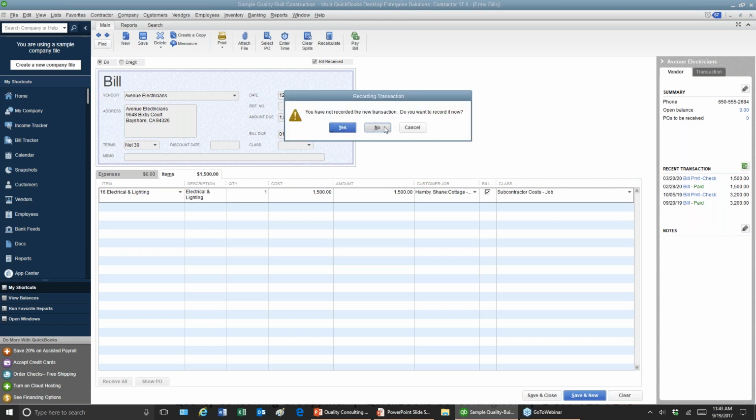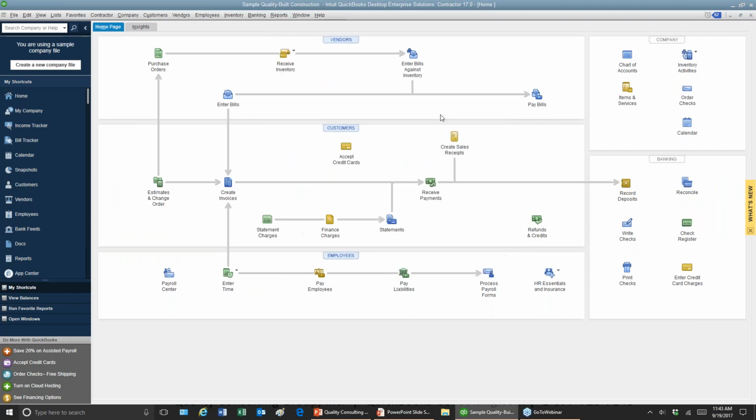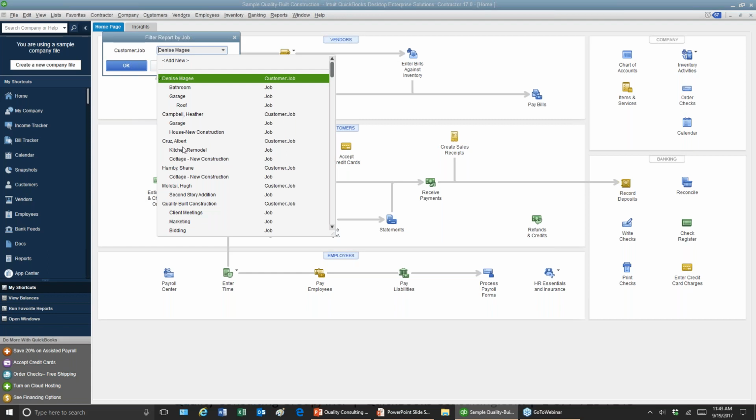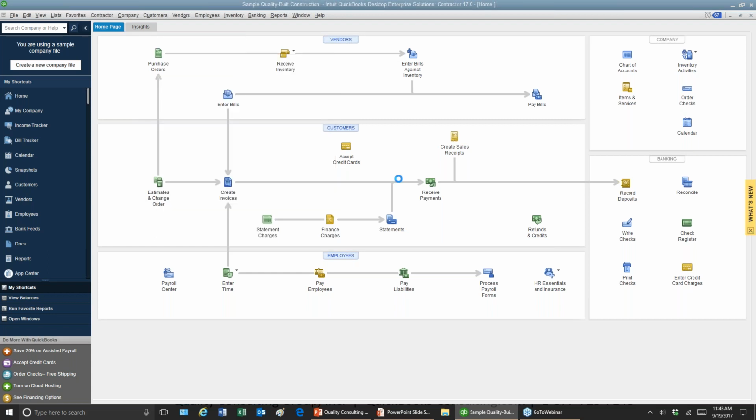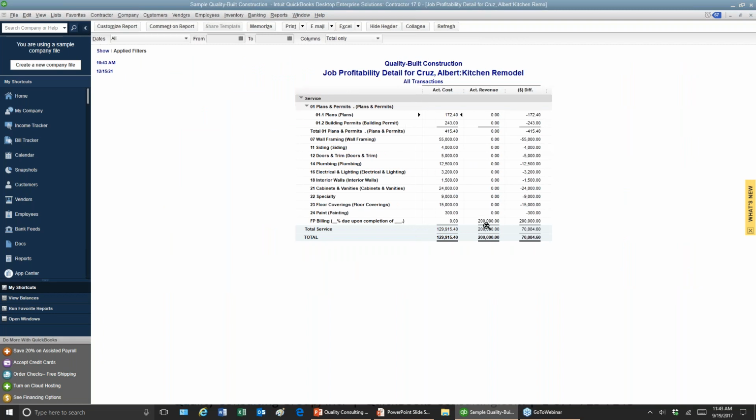And so that when you're pulling those job costing reports, and this is kind of impromptu, so I'm not sure I'm going to find an actual job that has a lot of billing out of it. Let me just take a pick and see if I can find one. So that's actually a pretty good one. It doesn't have any revenue, or the revenue wasn't billed out correctly, but you can see here that the costs were used correctly and that they were used on the items tab. So should this invoicing have been done correctly, and again, this one is not correct in the sample file, but had it been done correctly, you'd be able to see the cost, revenue, and then the actual difference of that.